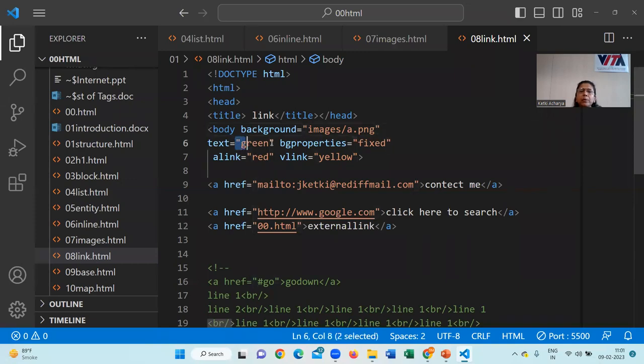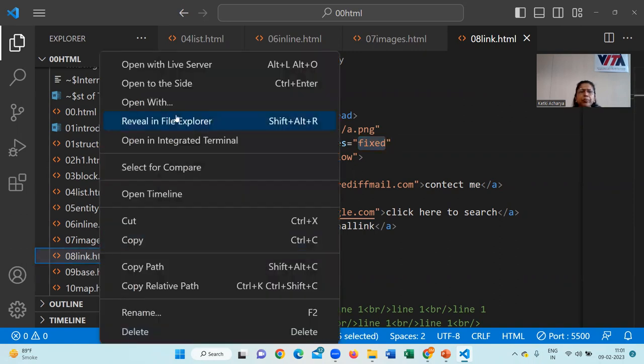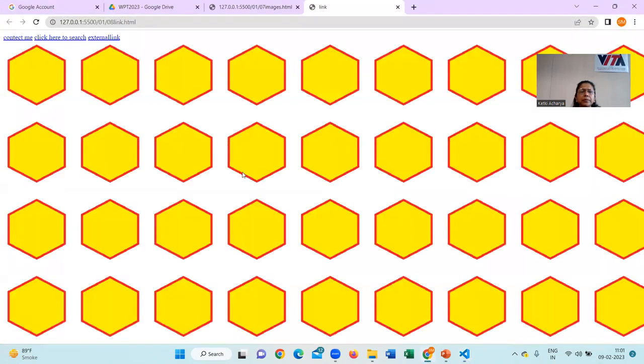On the web page, I want to display the entire text data in green color. And the BG property is fixed. Basically, this works in some of the browsers; it is browser dependent. So what will happen? Let me run and show you. Open with live server. And if you see,